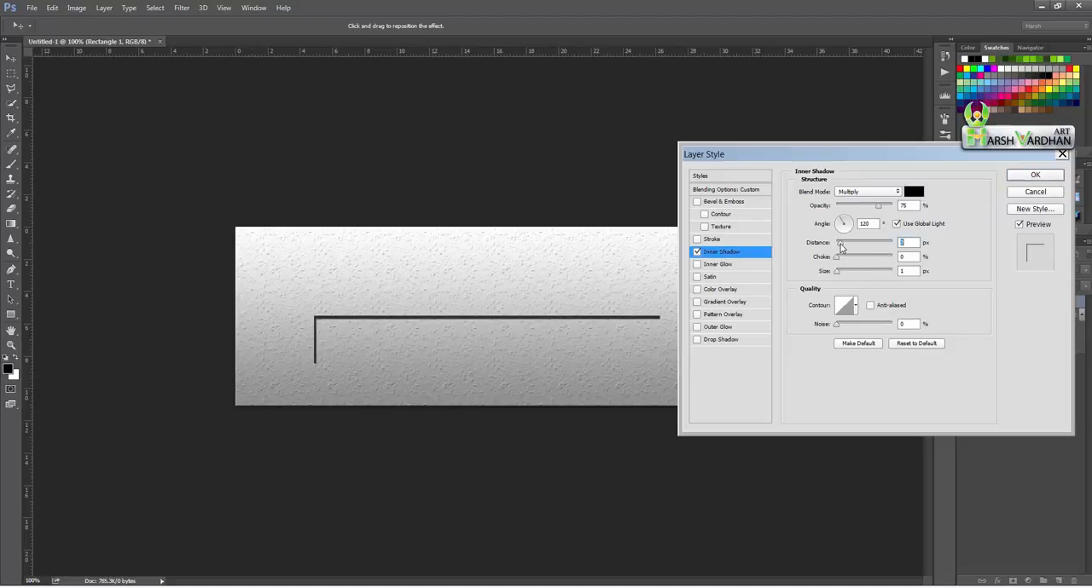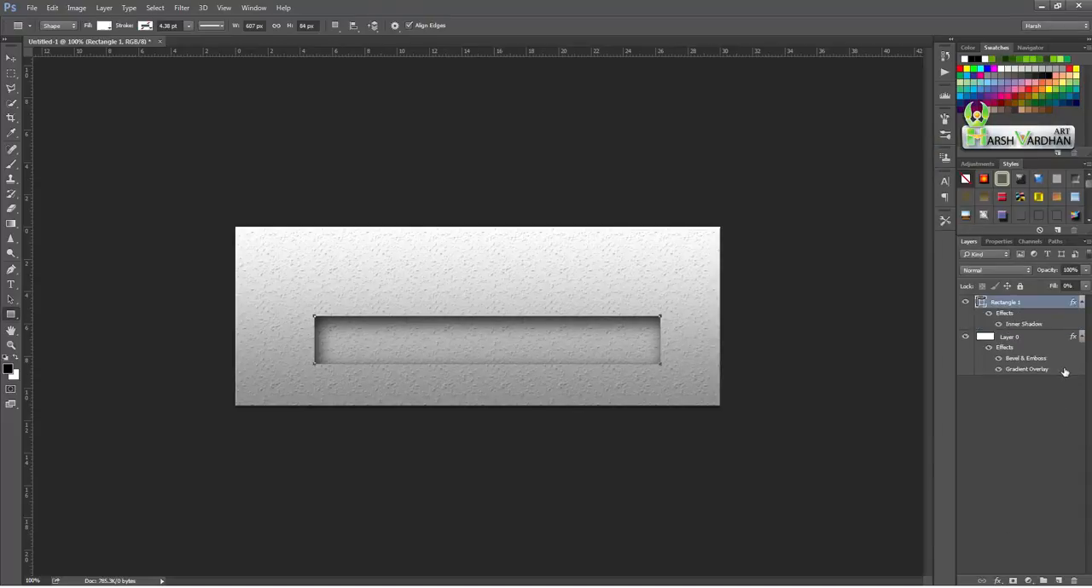You can increase the distance, okay. You can increase the size, that will blur this inner shadow, and now you see the magic. Now it appears that this rectangle is inside the wall, okay. You can increase the opacity to give it more depth, or you can take it whatever you like, okay. So press OK. Now it's time to create the square,